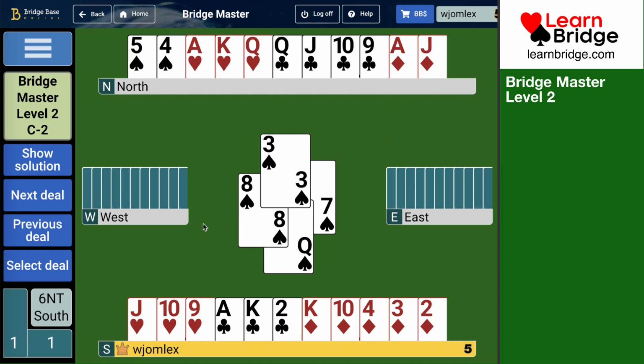So if West had the queen, how many times could we actually do this finesse? We can only do it once, right? We lead 2 to the jack. And then we'd have to bang down the ace and king. So we could succeed if West had queen third or shorter. And on the right,